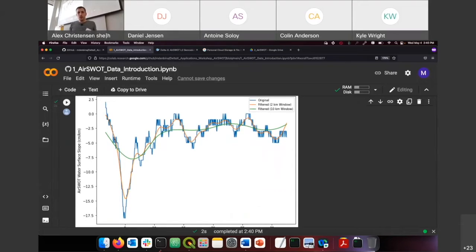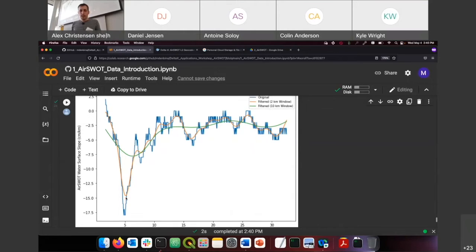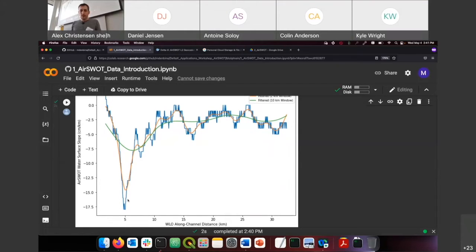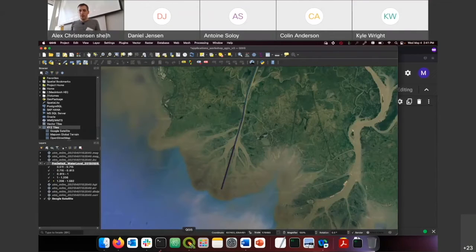So our original slope measurements are in blue, and they were kind of noisy, didn't really like those. And then the orange line is the 2-kilometer smoothing window, which is a lot better. You can see that the slope reaches its steepest point around kind of 5 kilometers into the channel. And we may wonder, well, where is that? You know, where is it 5